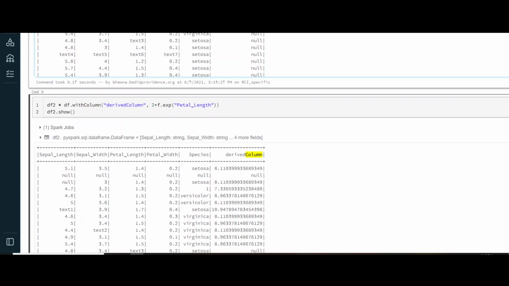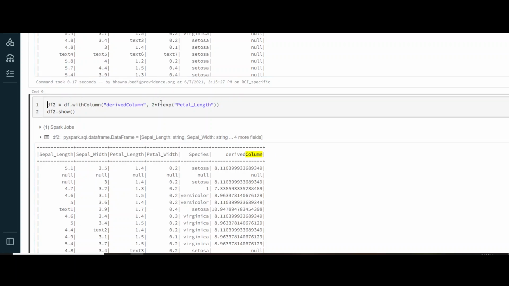Now again, just for the reference, I would show you one more thing. In the beginning, the very first thing that I showed you is from pyspark.sql.functions, I imported f. So I imported that package. Now from that package, I used column function, right? Column function from where I was taking the column. I imported the column function.